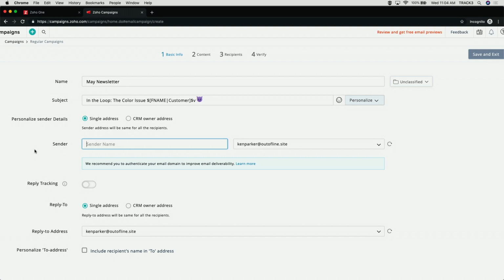So then it comes to sender. So what's the best practice for senders, right? Because sometimes you don't actually want it to appear that it's coming from your account manager, right? You want to create that division so that they're building a relationship not only with the people, but also with the brand itself, right? So someone they know.